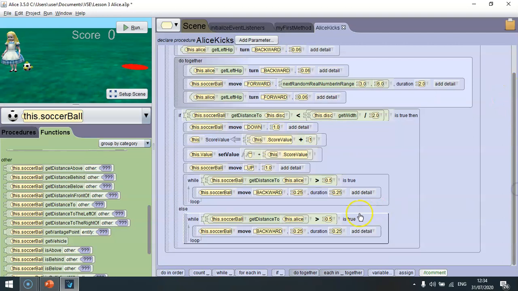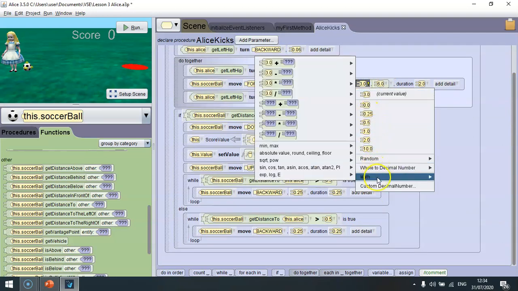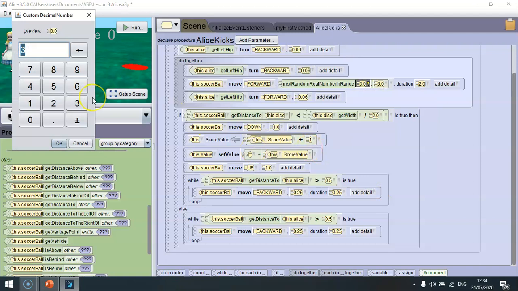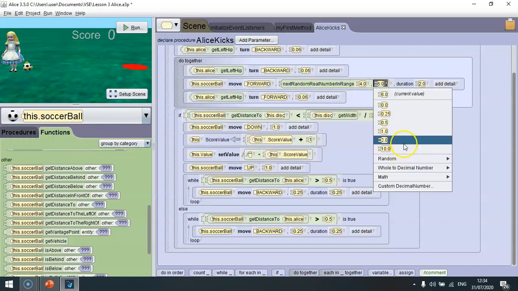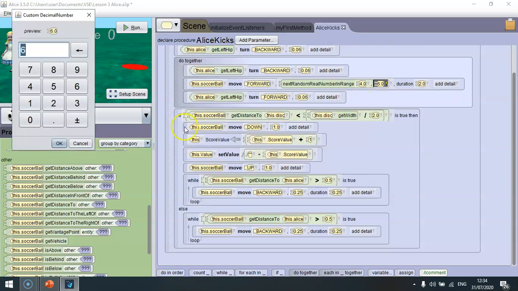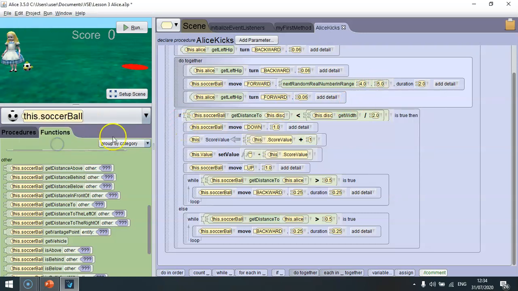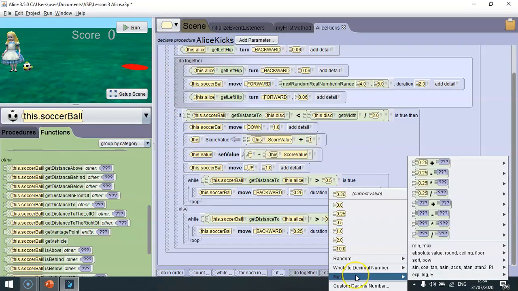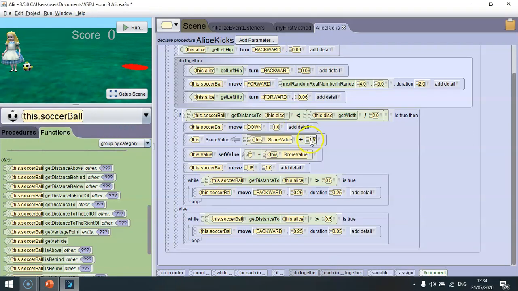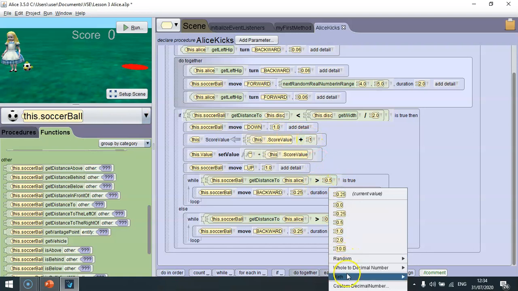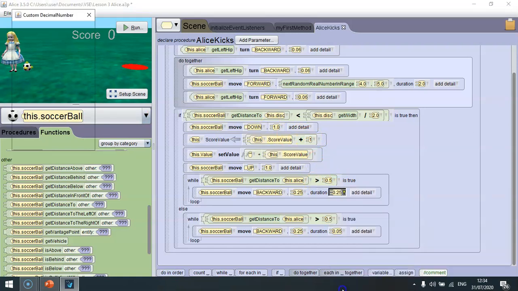Let's change the random bit to custom value, let's say 4, and we'll change this to 5. See if we can get this much better there. Speed still going quite slow there, so let's say custom value, let's say 0.05, 0.05 just to make sure,